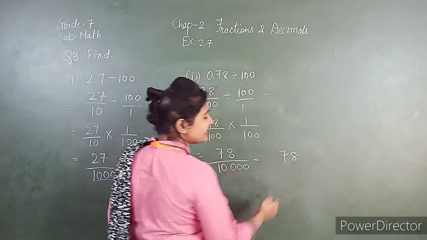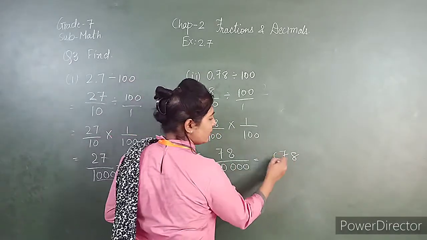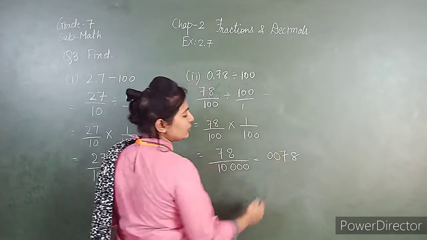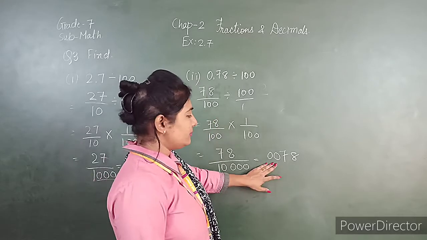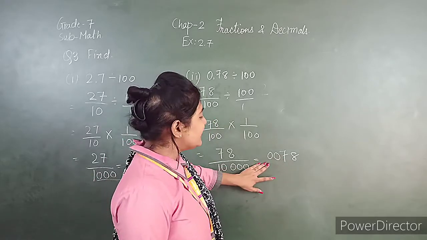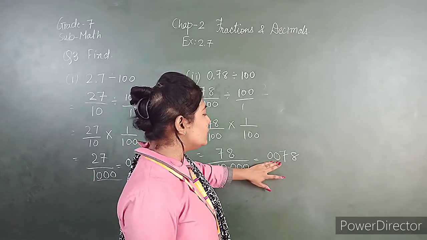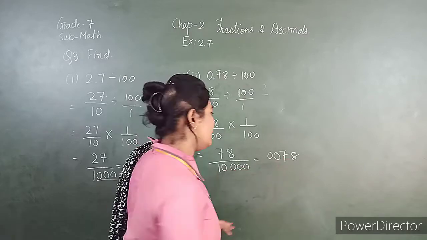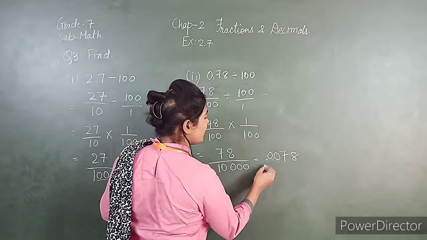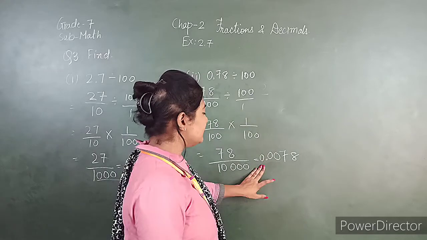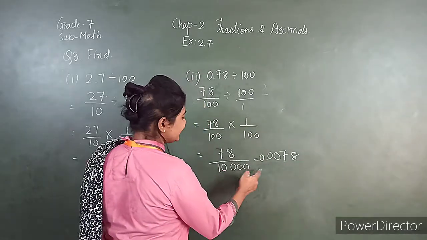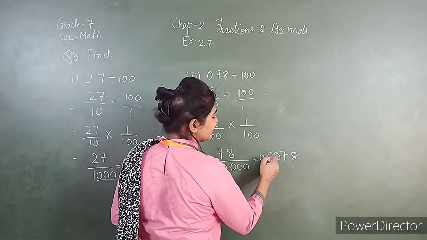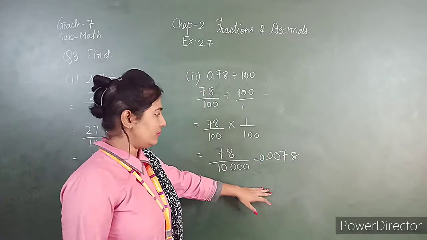So we have to make these digits 4. So we have to put 2 zeros before this number. Now here we have to put the point over here. We have to count these digits from the backward side and then put the point over here. So our answer is